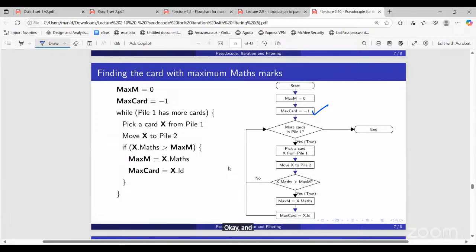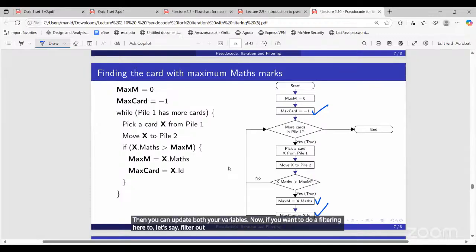And once you do the filtering, here not much filtering is happening. Here we are just doing a basic comparison to find maximum marks. Then you can update both your variables. Now, if you want to do a filtering here to, let's say, filter out only boys, then after this,